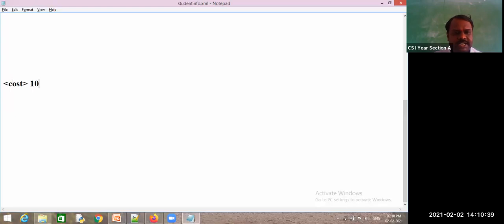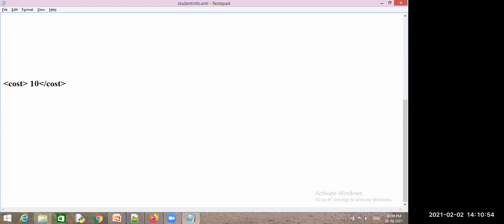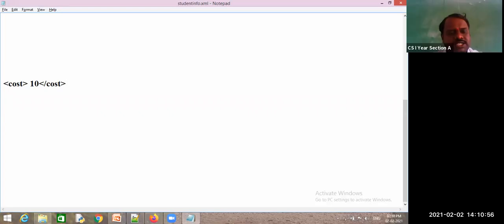Cost is 10. I have written like this. So can you tell me what type of cost this is? Is it rupees, dollars, or any other format? Can you tell what type of cost it is?